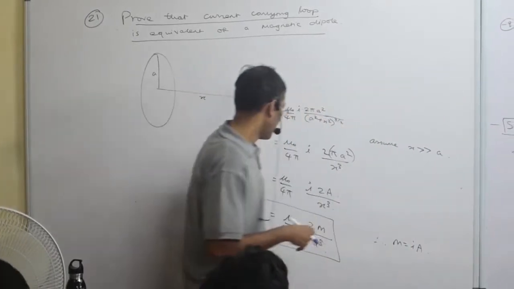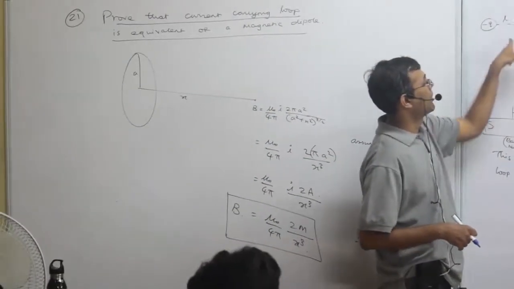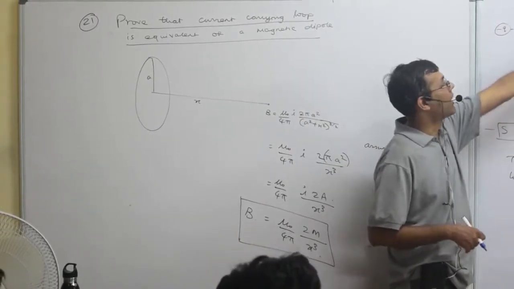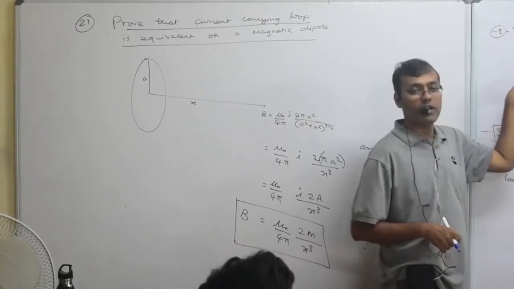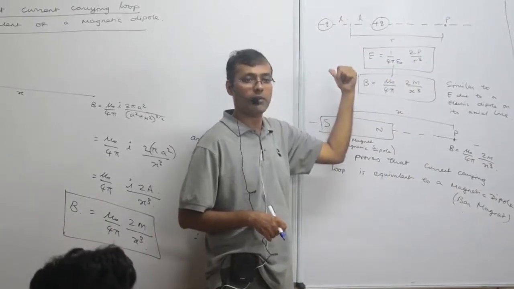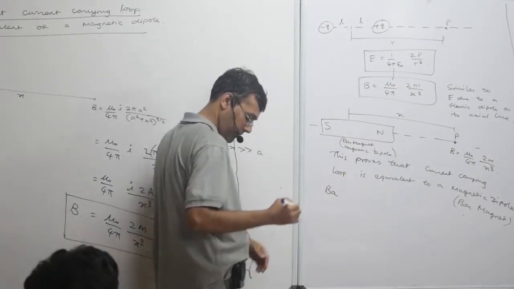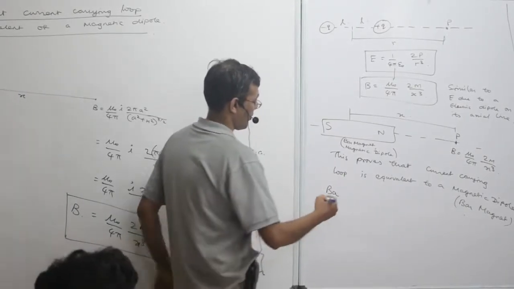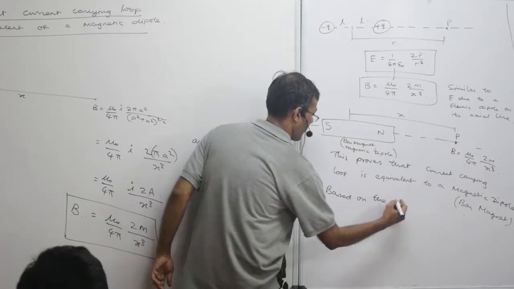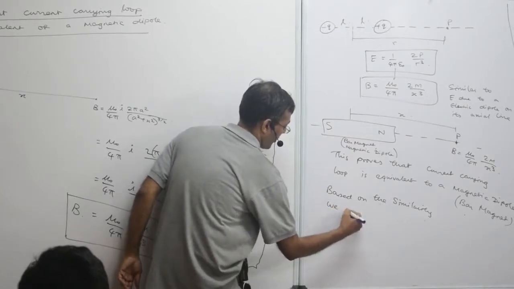So we are not doing a separate derivation, but we are going to say based on the similarity. Do you remember what we got for the equatorial line? Anybody remember? This 2 will not be there, right? For axial line it will be 2, but for equatorial line it will be plus. Axial line is stronger, right? So this will be 2 times the equatorial line. So that means I can say, based on the similarity, we can say